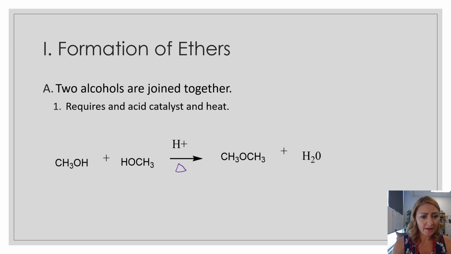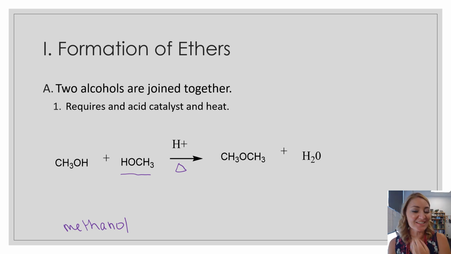So it looks like we have two methanols, or two single carbon alcohols, methyl alcohol. And notice that I've written this backwards. I've written it kind of funny, which probably at this point makes you a little uncomfortable because we've gotten into the habit of writing our alcohols a certain way. But I want you to see this written backwards because I'm going to show you what I'm going to do with it. So it does not matter which of the alcohols you pick, but we are going to remove a hydroxyl group, or the entire OH group, from one